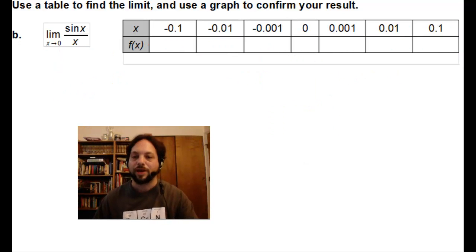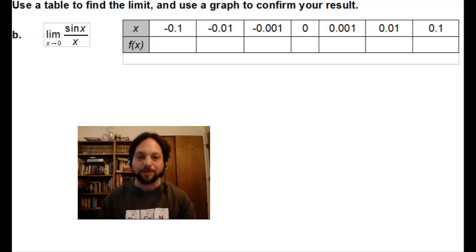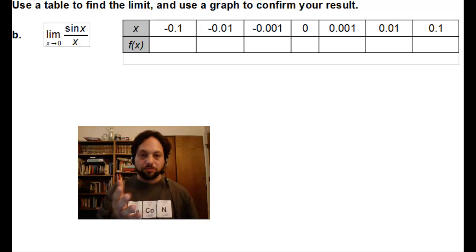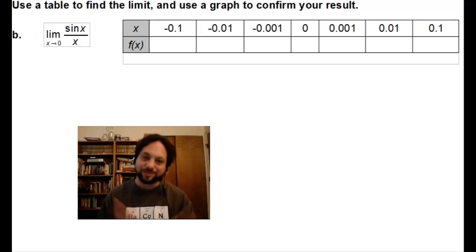So, in example B, we have a very similar example that we're going to try to do. We have the function sine of x over x, and we're going to try to find the limit of that as x approaches 0. Real quick, do this in your head. What do you get? Plug in 0. Well, again, you get 0 over 0, and that, of course, is a problem. So, if we actually go ahead and work out these numbers again,